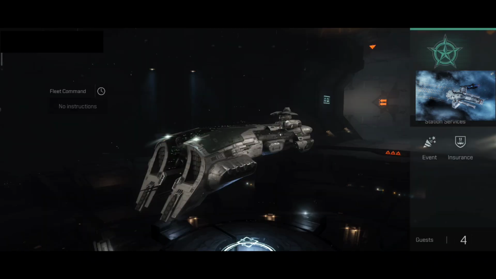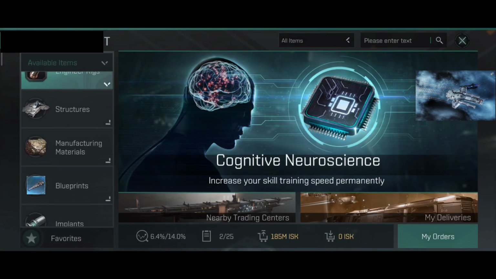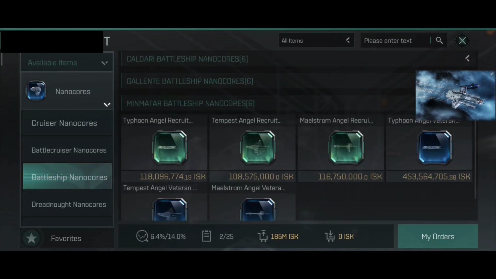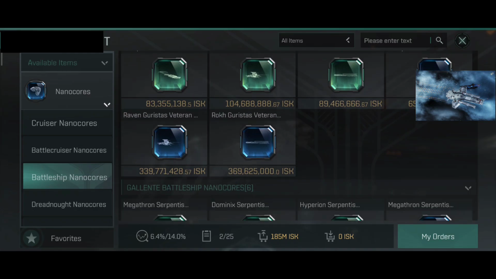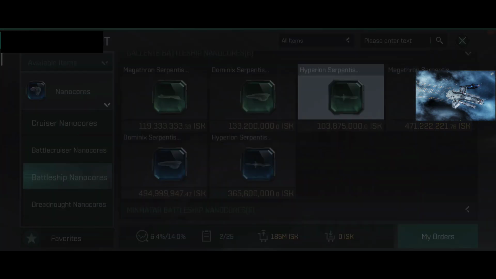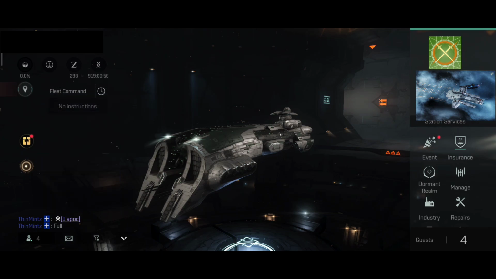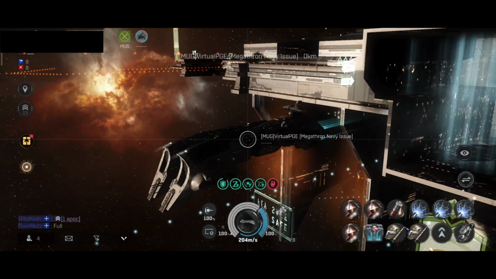When we're on the topic of nanocore, let me just check how much it costs, since the price is also something that I have to keep in mind. Battleship core, what is the Megathron? That's Minmatar Galante Battleship. There it is. Well, it's not on the market, unfortunately. Of course, the nanocore that I really want doesn't show on the market. It's typical. Oh well. Let me unlock and let me show you the active stats on this thing, and also let me show the DPS that you can get on